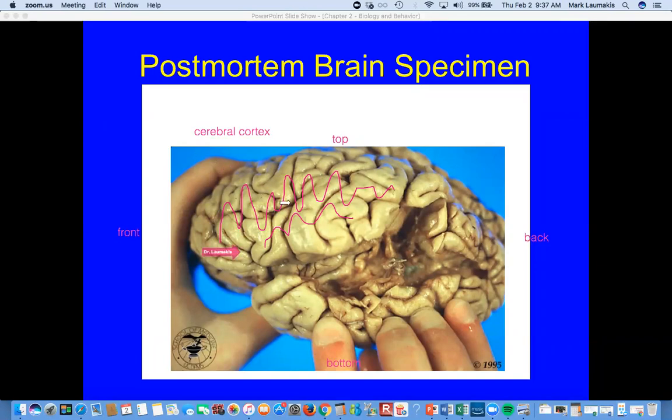What you can see with the post-mortem brain specimen is the overlying cortex, and you can actually see that quite well here. Okay. Obviously, the limitation of the brain specimen approach here, looking at the post-mortem brain specimen, is that the information you get can't be used to inform a diagnosis or indicate a treatment because the person's dead. That's obviously a major limitation here.